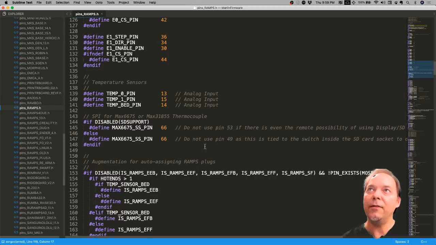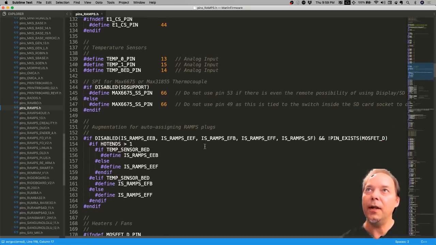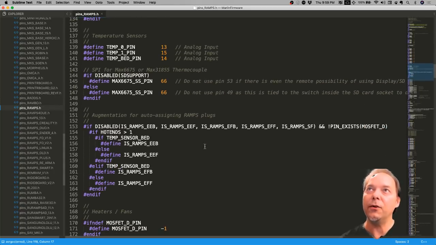So then you have your extruders, and then the same idea. Then you have your temperature sensors. These are analog pin numbers. So these will usually be between 0 and 15, depending on how many analog pins you have. And an analog pin, if you don't know, is a pin which returns a